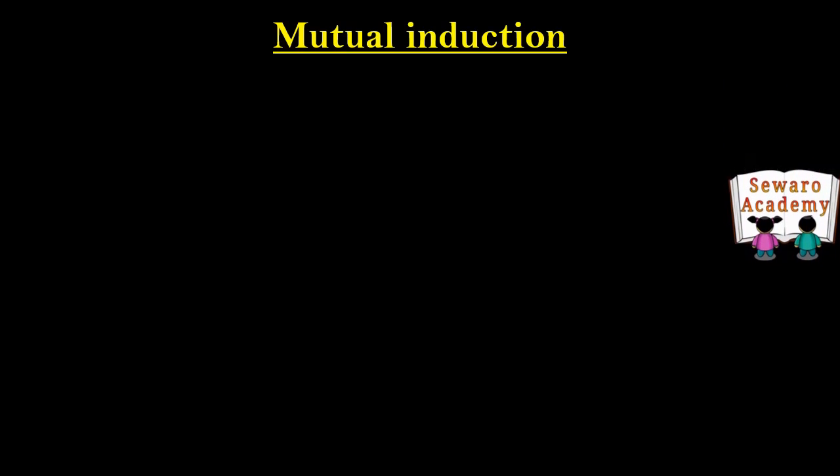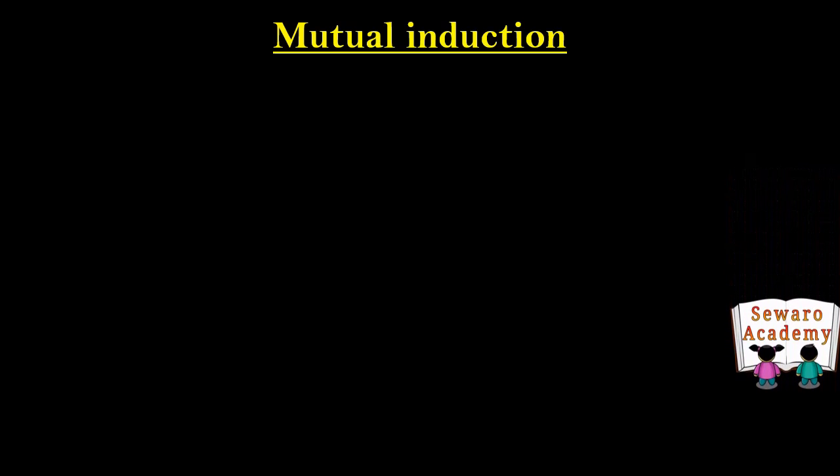In the part 4 video, we derived an expression for self-inductance of a solenoid, the magnetic energy stored in the solenoid, and also mutual inductance of two concentric circular rings. Now in this video, we will be deriving an expression for mutual inductance of two coaxial solenoids, and also we will discuss the generator.